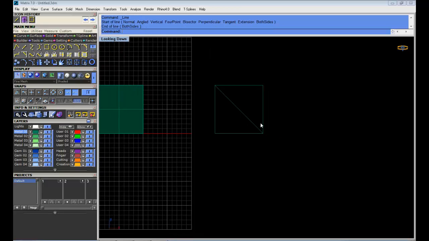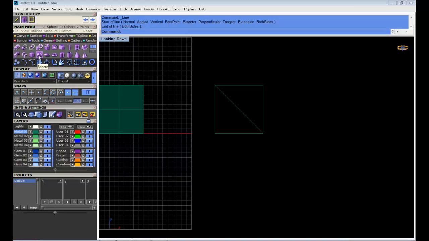We made this line just to find the central point. In general, just mind that we are not making this exercise in the fastest way. We are doing it so that you can see more commands. Then we draw a line from this endpoint to that endpoint just to find the middle of this square, of this rectangle. Now that we have this middle point, we can just go to solid,